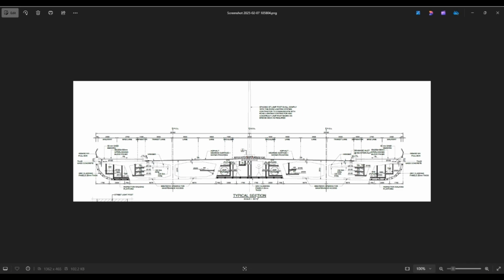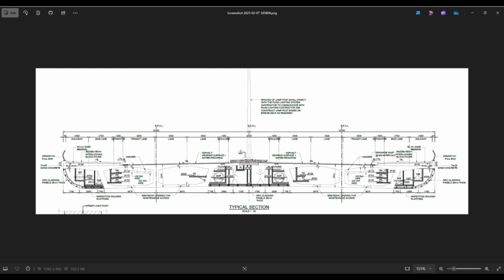I'm just going to show you guys how you can convert 2D details from PDF into 3D Revit components or